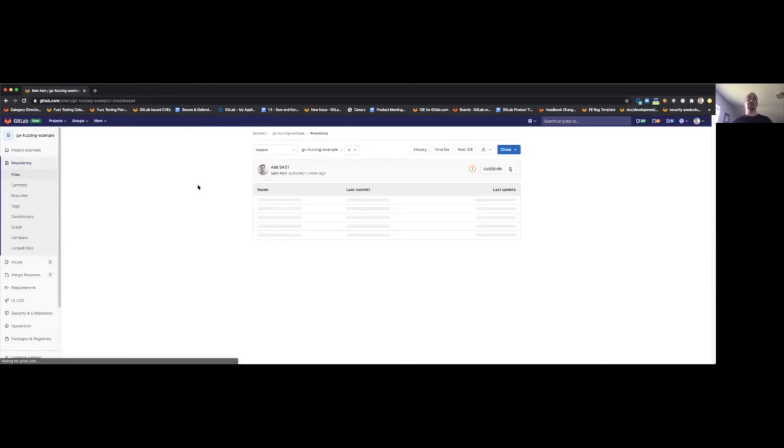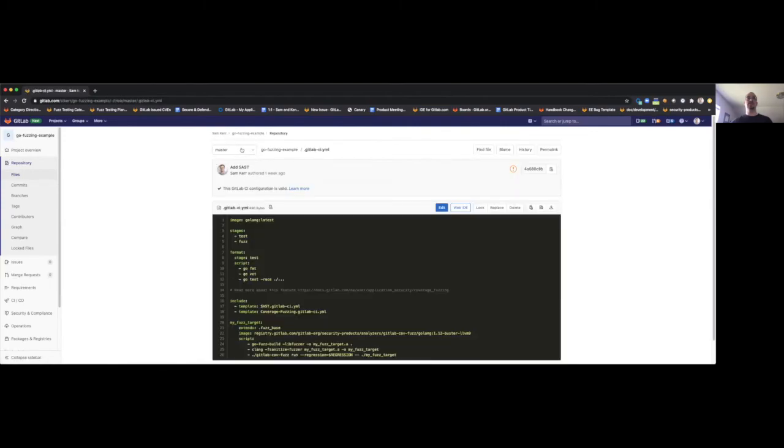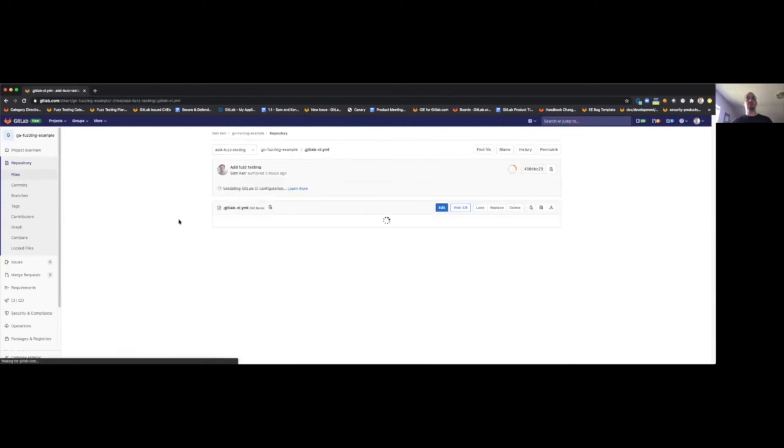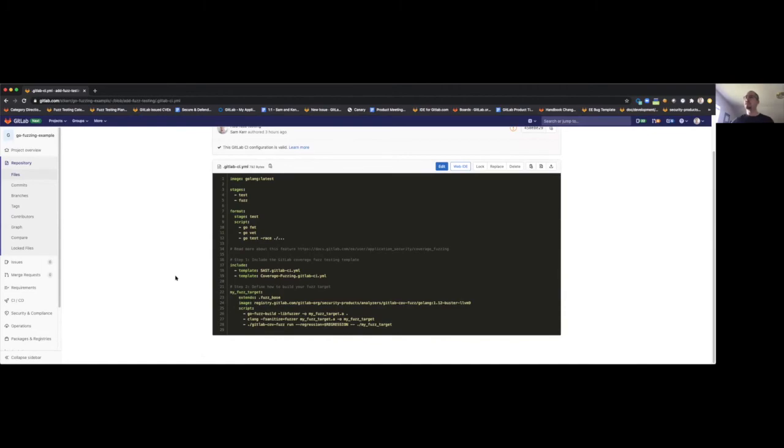And so if we go back to our repo and we look at our CI file again, just to recap, we went through a few different things as part of today's video. We talked about how you would add coverage guided fuzz testing to a job, to a repo in GitLab. The first step being that you would create a fuzz test harness, which tells the fuzzer how to run your application when it's testing it. You would configure your CI YAML file to do two things. One, which would include the coverage guided fuzz testing template. And then secondarily, defining how to build that fuzz test harness that you created previously. And that is a very quick guide on how you would add coverage guided fuzz testing to your own applications